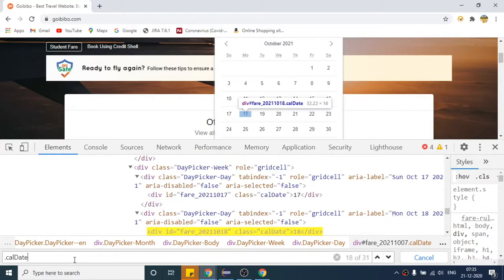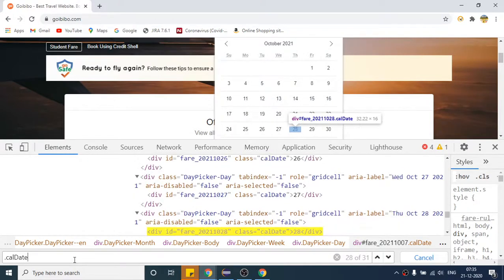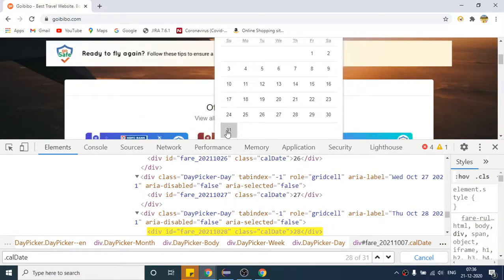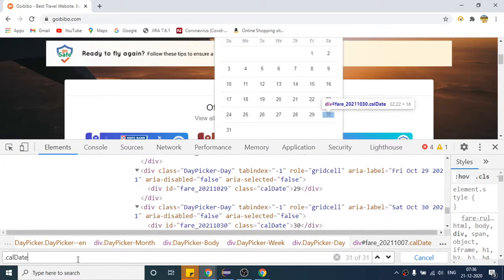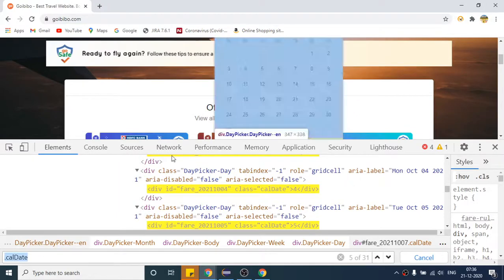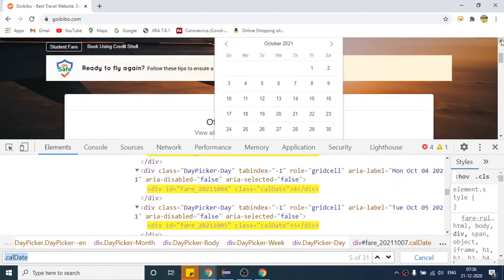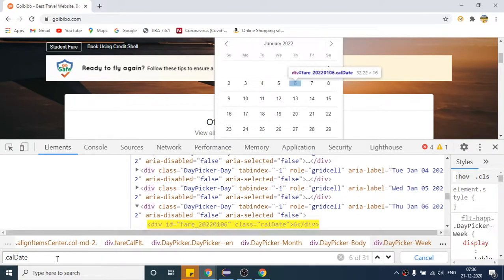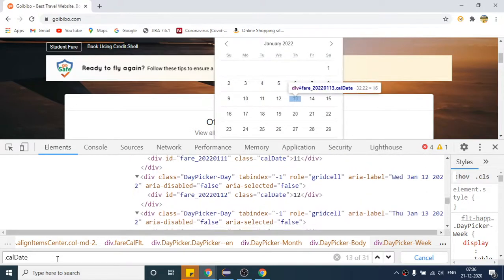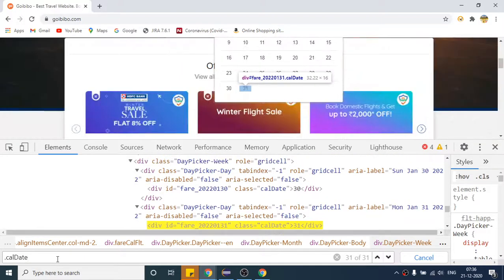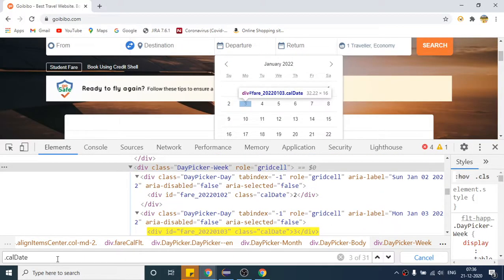So the class is the same for all the dates, right? If you want to see a total of 28 out of 31, I think from 1 to 31 total, these are the dates, right? If I keep on hitting enter, it will highlight all the dates. And if you come to some other month and year, like suppose I come here, again for this one the CSS for all the classes is going to be the same, right? This is how they have designed it. 31 again it will start, so total 31 as well.